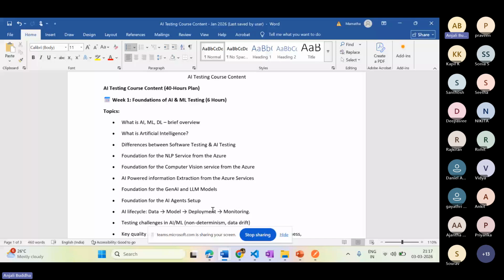Basically we'll be discussing the reporting types that Playwright is going to give you. Once you get that report, there are different ways to communicate with the management. One is, if you're running with CI/CD pipelines, we can configure the pipeline itself to automatically send the test results as a report to the specified team members.